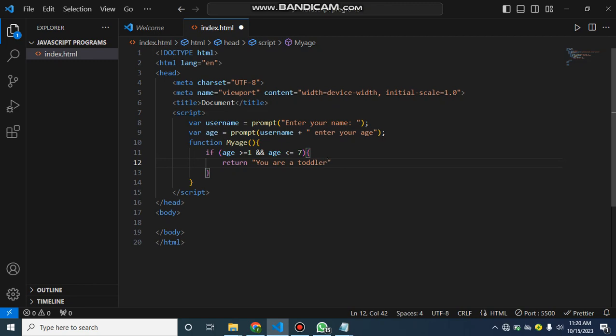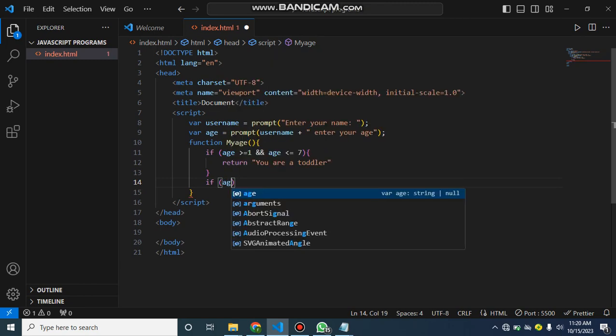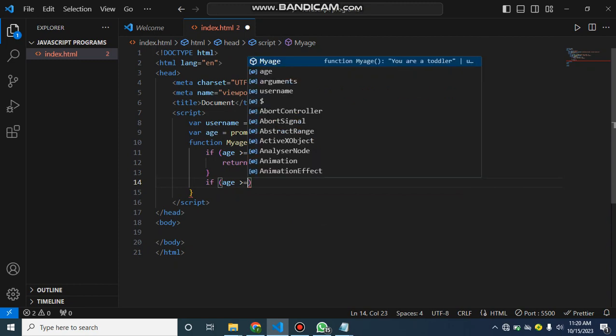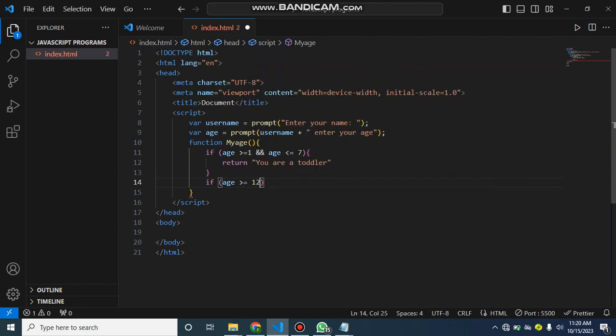Okay. And again, guys, if the same age is greater or equal to 4, or greater or equal to 7, and the same age is